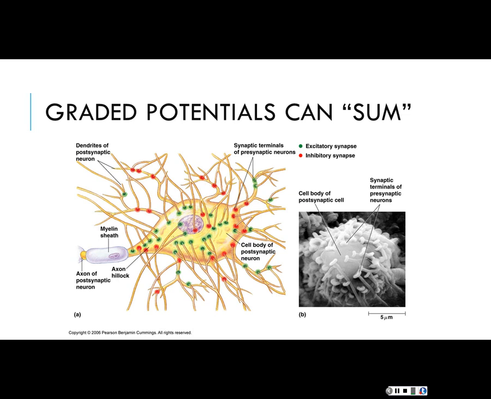All right, so if we're okay with the term summation, we're going to look at the different types of summation. There are two broad categories of summation, including spatial and temporal summation. The first we're going to study is called temporal summation. That name, has anybody used that word before? Time. Like over time, right? In temporal summation,